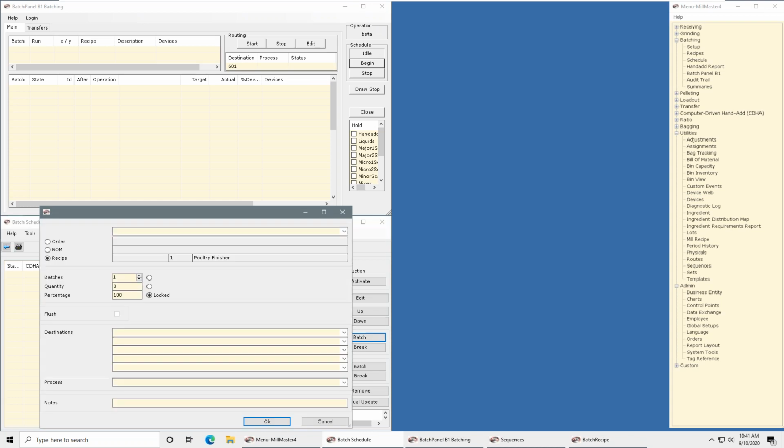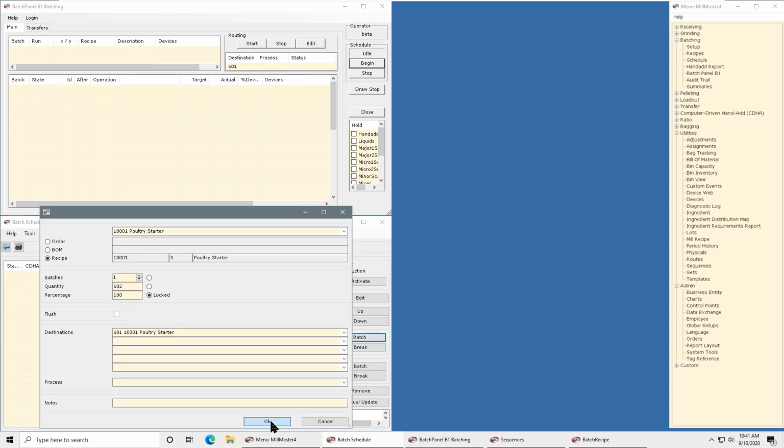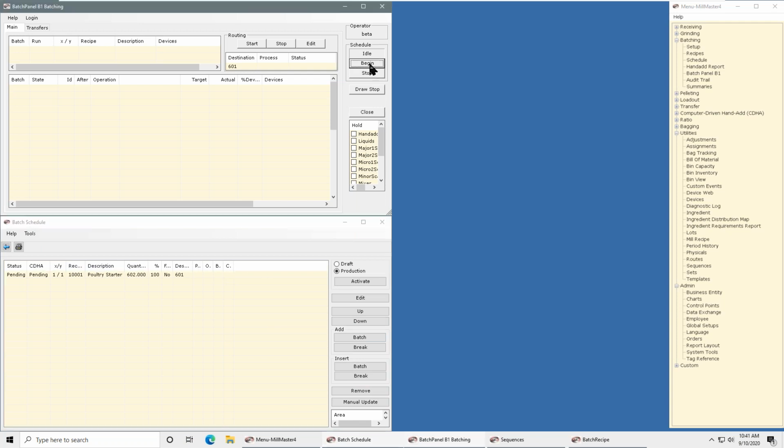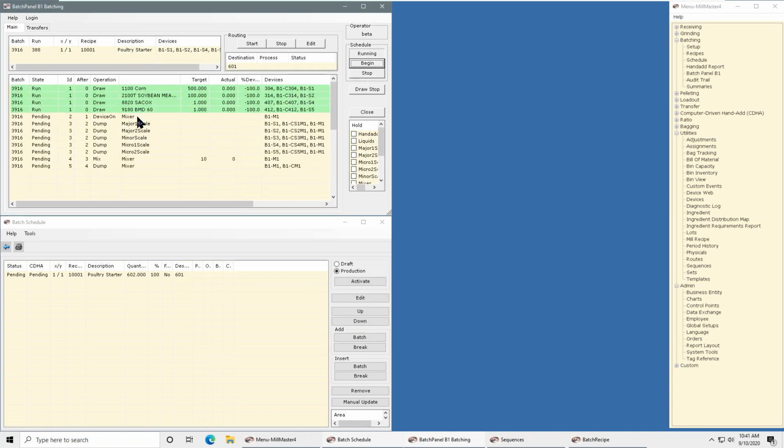So if I come up, run my medicated poultry starter, and hit OK, and let's start the batch of that. As you can see, it's got Saycox in there. We hit begin, and we're batching it. Let's say the operator goes on lunch break, new guy comes in, he gets a call to make some